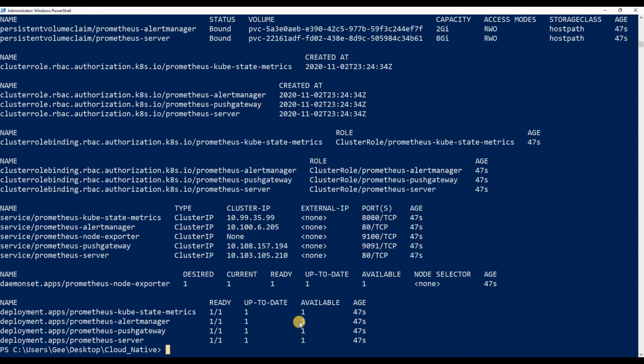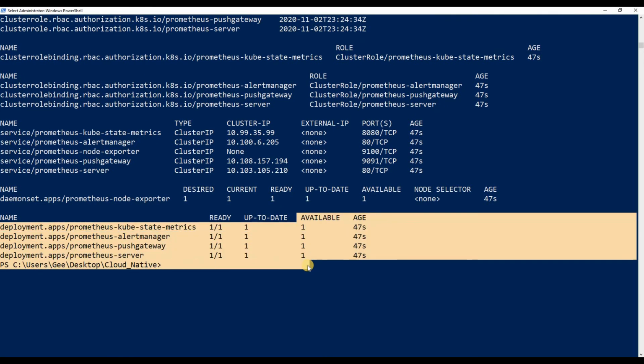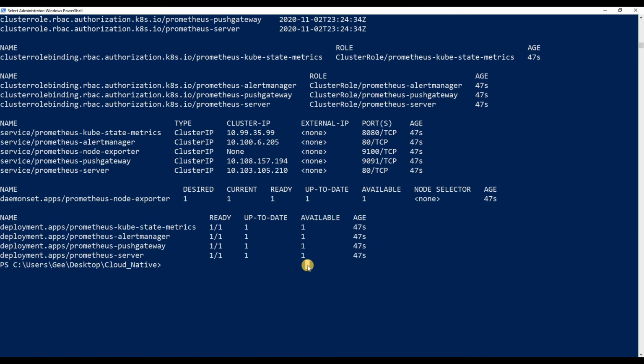Let me try that one more time. And there you go. We have everything up and going. So now we need to set up Prometheus. Now, if you do, what was it called? Helm status